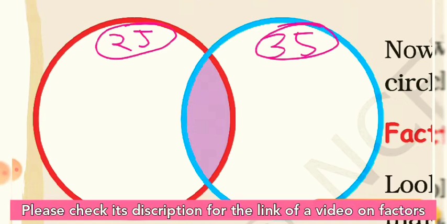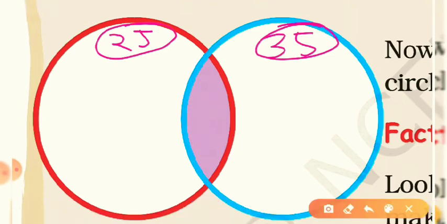Now here we have to write the factors. How can we write the factors of 25? It's very easy. We will use the division method, means we will find the numbers that divide 25. First number is 1, that can divide 25. One by one you would check all the numbers till 25. So it will be a very long process and you will take much time. So I have a very short process for it.